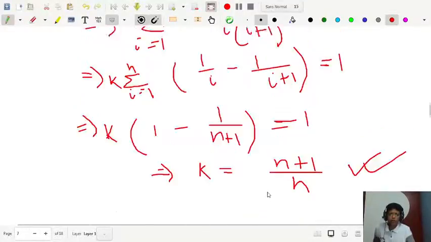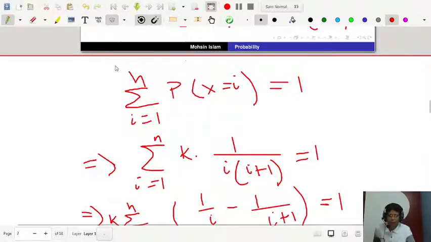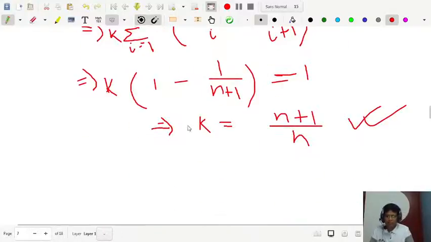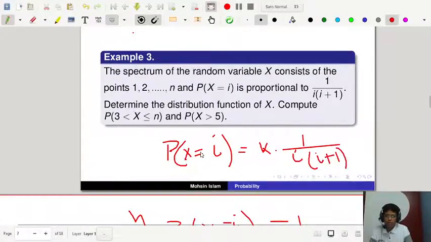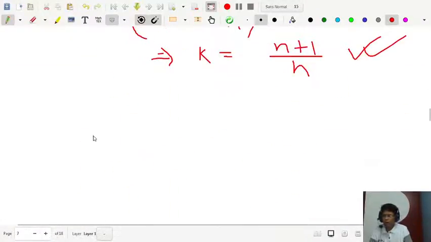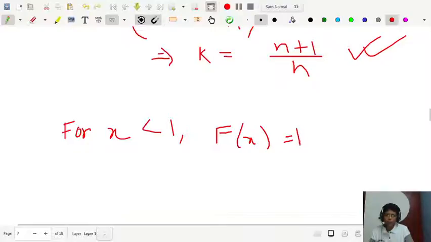So we are applying the condition of a valid PMF, that is, the sum of the probabilities equal to 1, and that gives you the value of k. Now what do you have to calculate? You have to calculate the distribution function of x. Now let F be the distribution function, and for x less than 1, you can write F(x) equal to the probability of